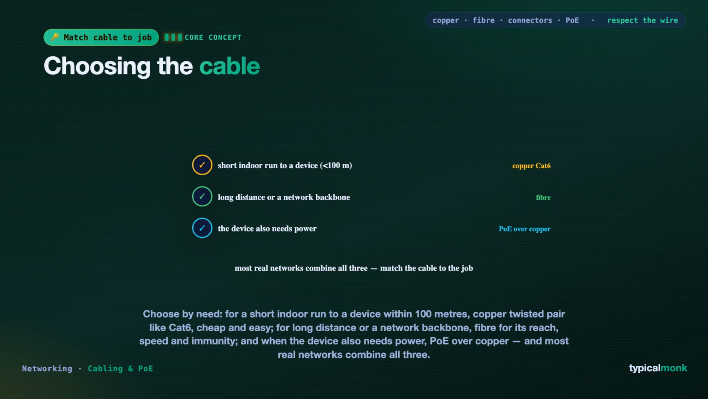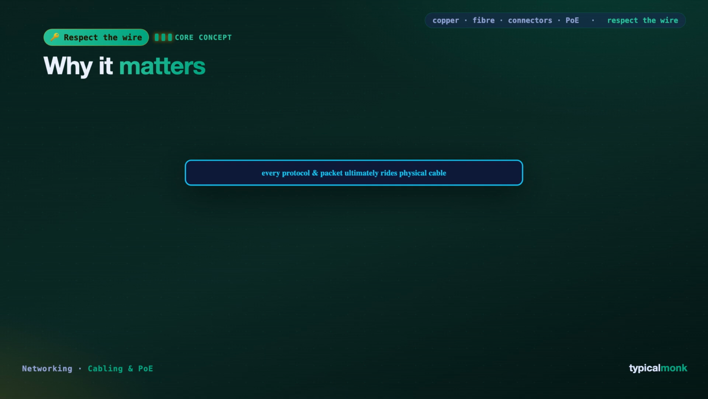So the takeaway, choose by the need: copper twisted pair for short indoor runs to devices, fiber for long distances and backbones, and PoE over copper whenever the device also needs power, and most real networks combine all three. Before we close, let us step back and see why this humble physical layer deserves real respect from anyone